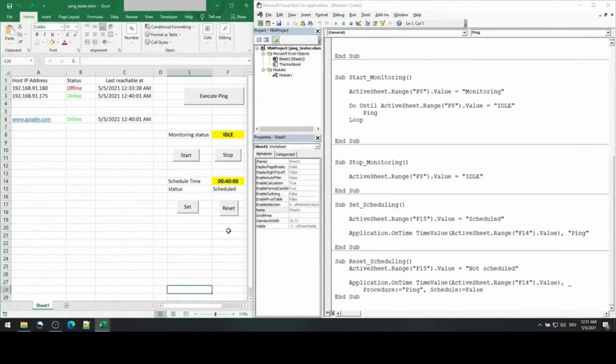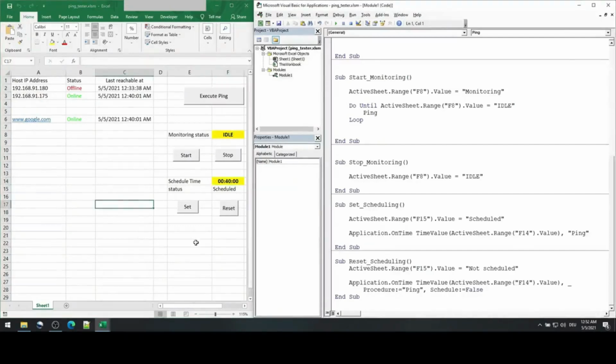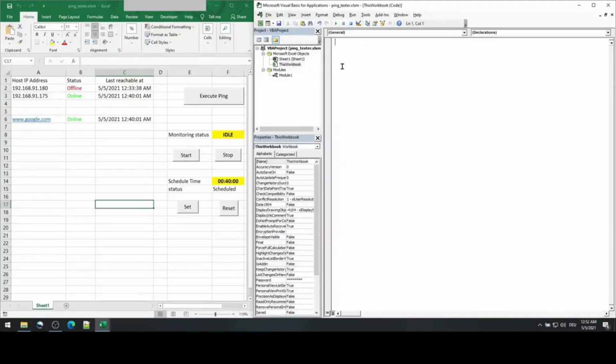Now we have seen how scheduling of a ping function works for a particular time of a day. In order for the scheduling to work, the function must be set to scheduled using the set command, and the Excel file must be opened. Before you close the workbook, you need to reset the scheduled function. This will save you some errors and bugs in future. So in order to